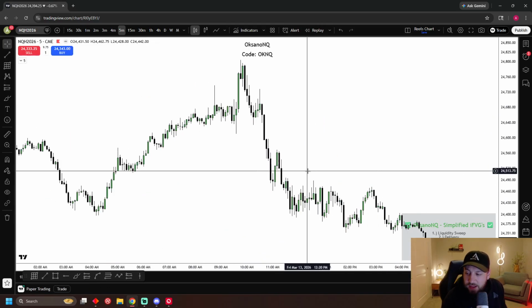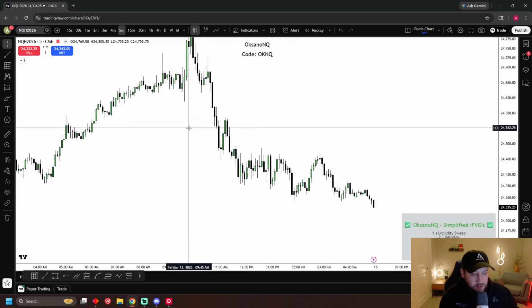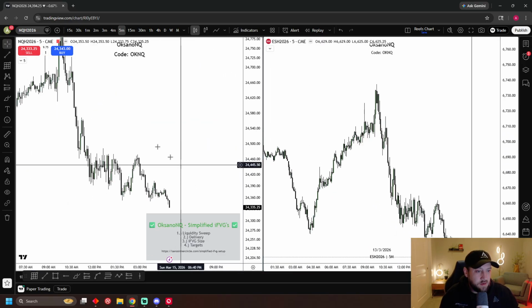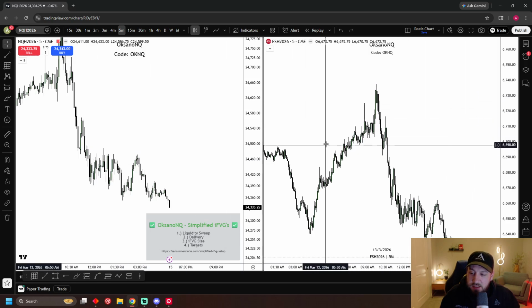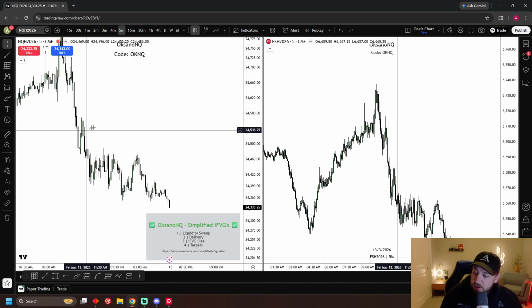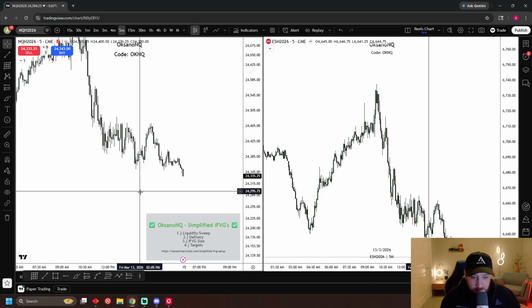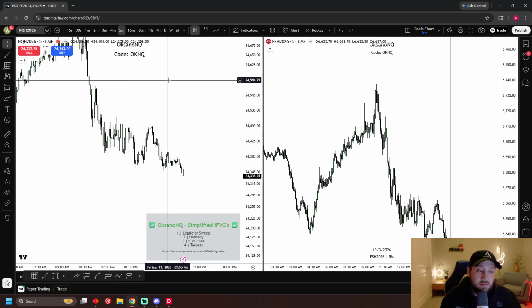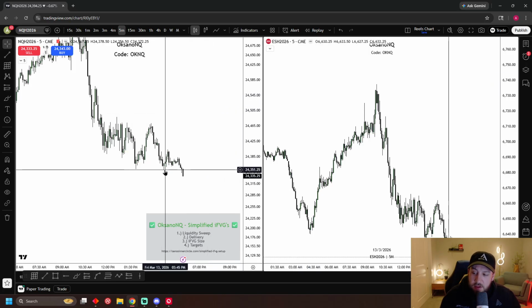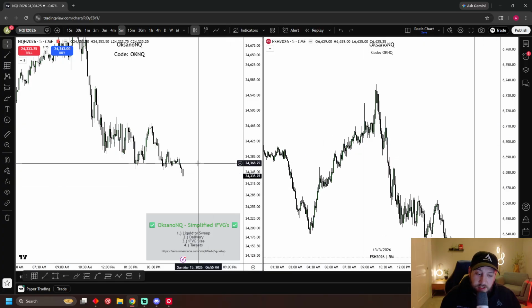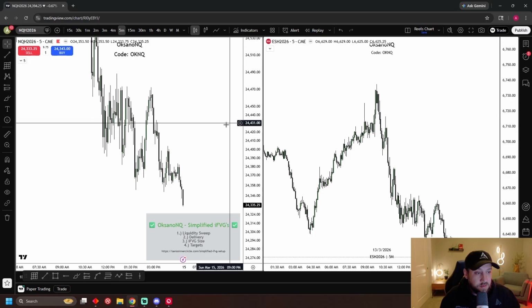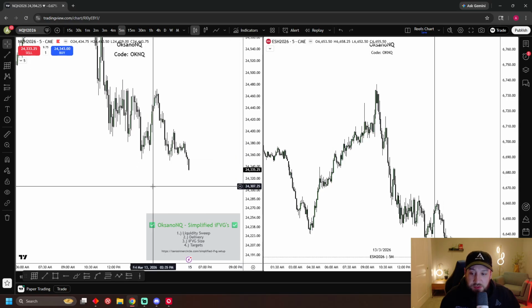We all know that ES and NQ should be moving in tandem, right? So if we put in a swing high on NQ, we should have that same swing high on ES. We should have the same fair value gap, the same liquidity targets. So when things are not correlated, not only can you use this as a signal to just not trade.